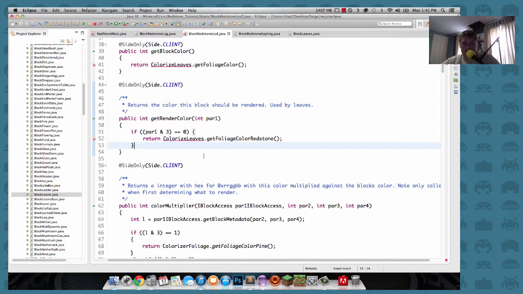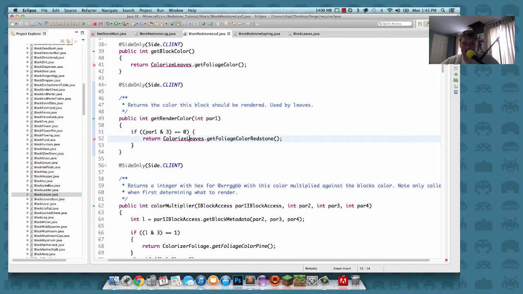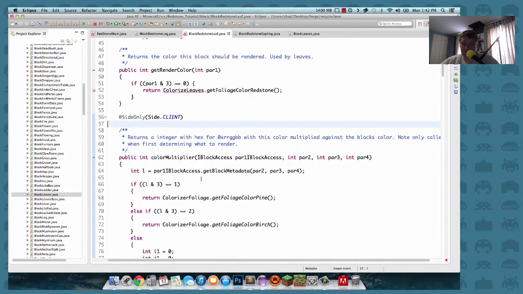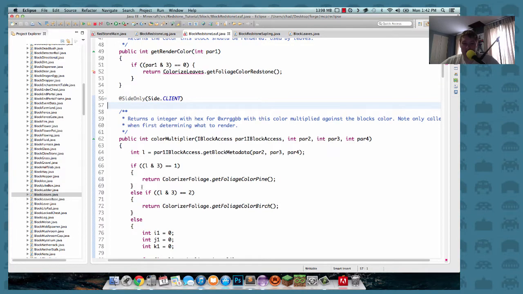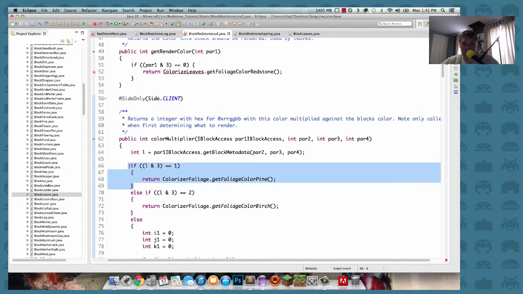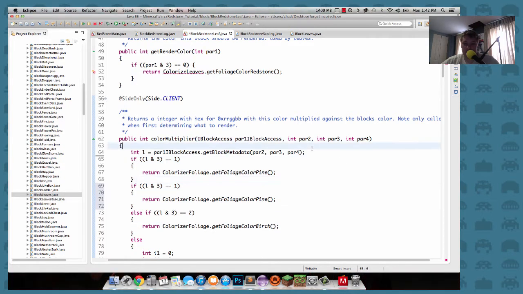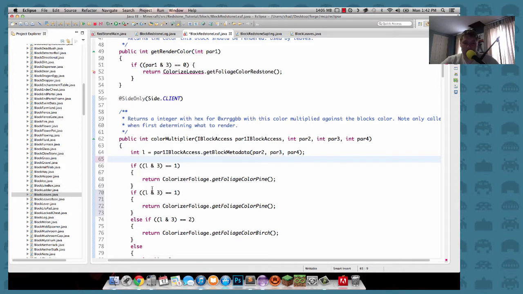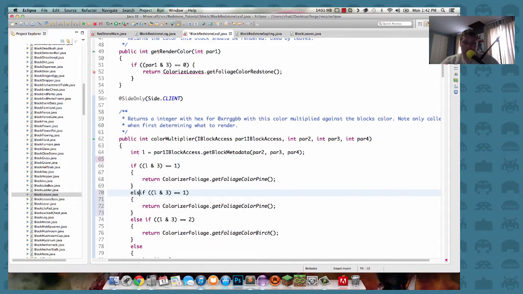Again, we're going to have that error because that class does not exist, but we will be creating it later on, and there's actually a lot of places where we need to change this. Now here, they do the same kind of thing with the if statement. So actually, we're going to copy this entire if statement and put it at the top here. I'll put that line back in there, and then else if again, change this to 0, and then